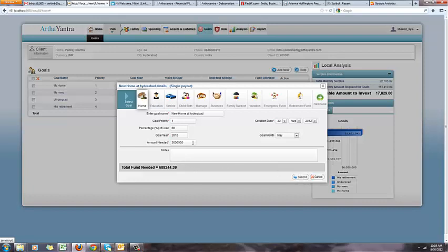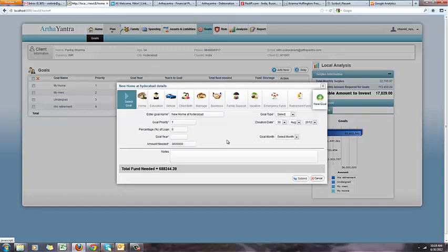Let's now see the difference between a goal which needs recurring cash flow and the one with one time. The only added field for this goal of recurring type is years in goal. This field is used to record the number of years for which you want the cash flow. The amount needed in this case should be the amount you need to generate every year across the duration. If the amount varies on a yearly basis, enter the average amount per year.